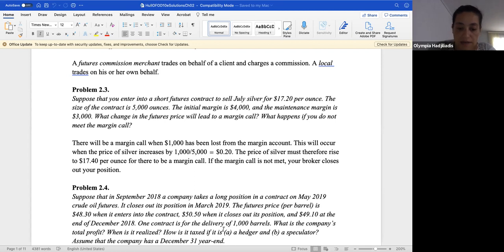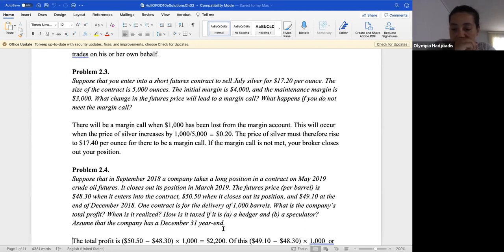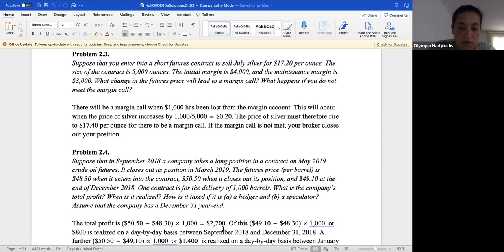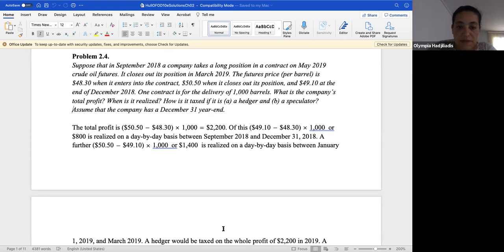When is it realized? How is it taxed if it is A, a hedger, and B, a speculator? So assume that the company has a December 31st year end. Then the total profit is $50.50 minus $48.30, times 1,000, which is $2,200. Of this, $49.10 minus $48.30 times 1,000, or $800, is realized on a day-by-day basis between September 2018 and December